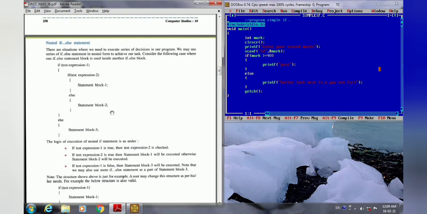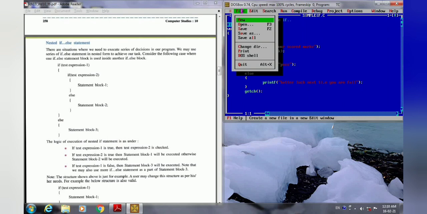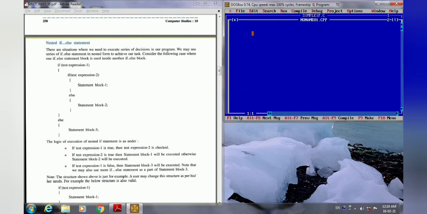Whatever number we are dividing, we want to check whether the number is divisible by 2. If that number is divisible by 2, then again we want to check whether the same number is divisible by 4 or not. So like this, we want to check the condition. That program we will write over here. So here I will go to my compiler, the C program software Turbo C. I will go to the file and create a new program.